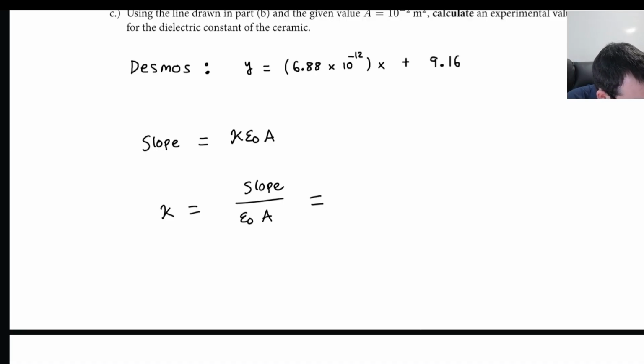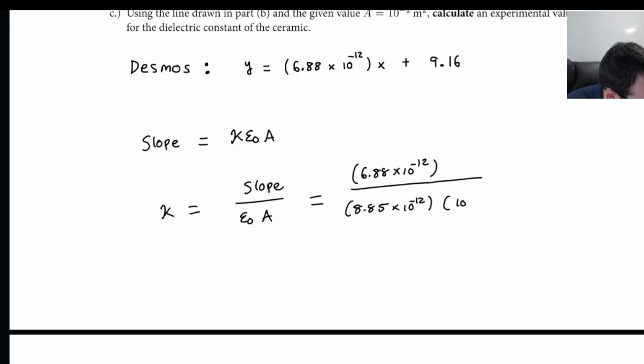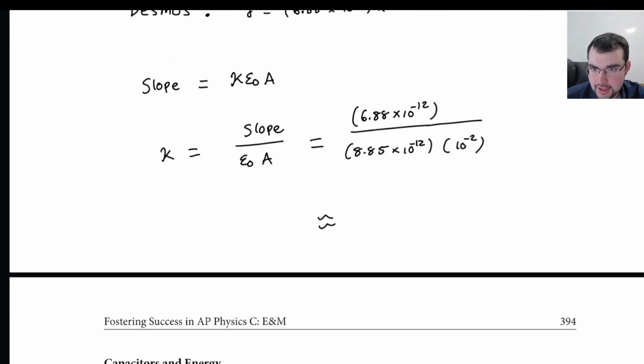And the slope is 6.88 times 10 to the minus 12. Epsilon naught is the usual value of 8.85 times 10 to the minus 12. And area was just 10 to the minus 2. So we can see that our dielectric constant is going to have units of nothing. Well, I guess we can't see that easily. You could work it out and see that if you know the units of epsilon naught. What I meant to say is we can see that our kappa value is going to be on the order of 10 to the 2 or 10 to the 1, depending on this. So it's going to be close to 100. If we work it out, it's roughly 78. And that is very large for a dielectric constant